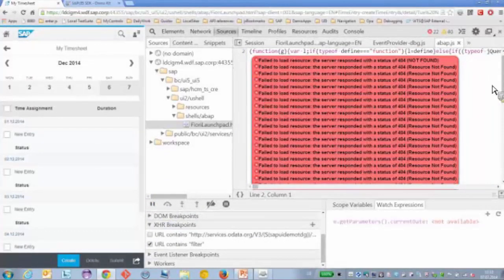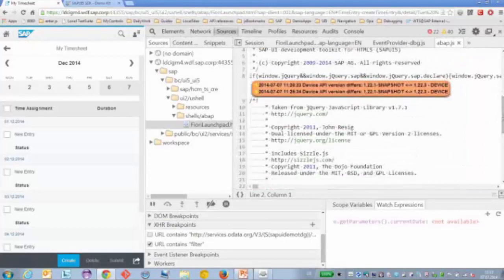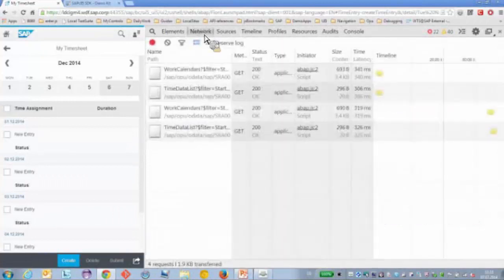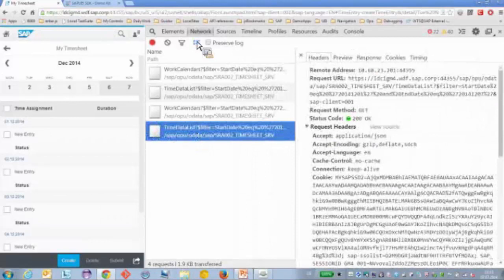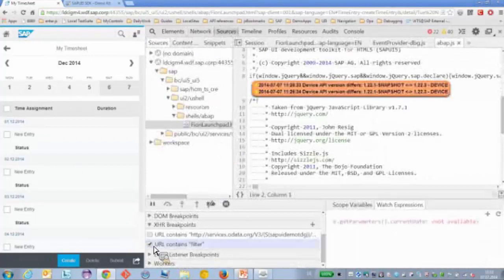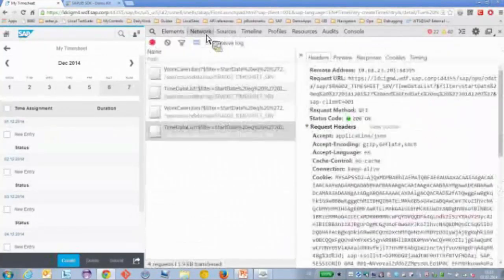Now we are getting a 404 from the server. Okay. Once again. So let's go to the sources part and filter available. And now whenever the resources,